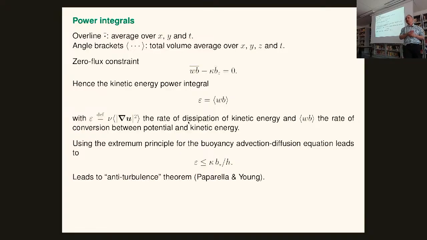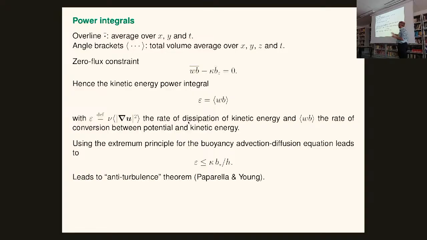And so last week we had talks about that, and a particular colleague was talking about it. And with this result, you can put a bound on this object epsilon for horizontal convection. B star is a maximum value of the buoyancy at your surface or wherever you're applying buoyancy, kappa, and h is the depth. This is, of course, dimensionally correct.